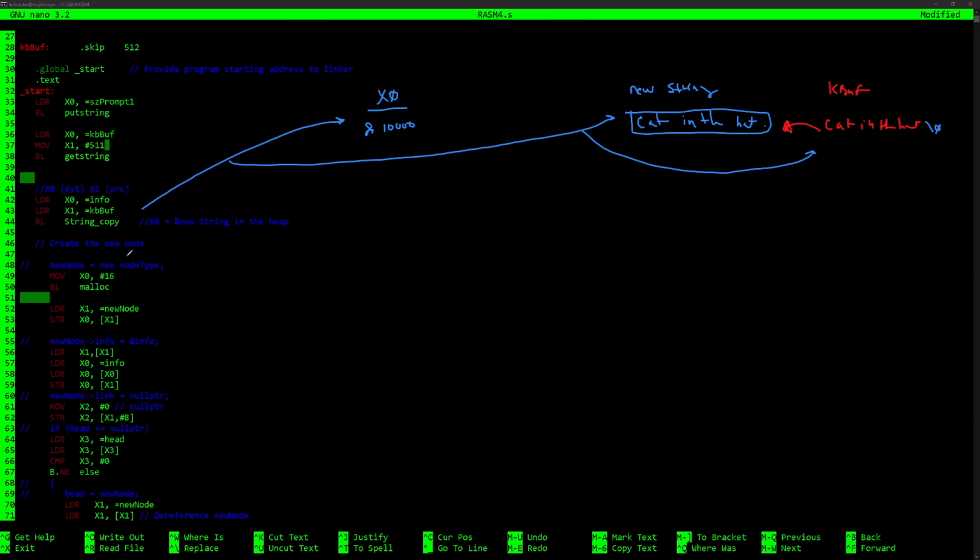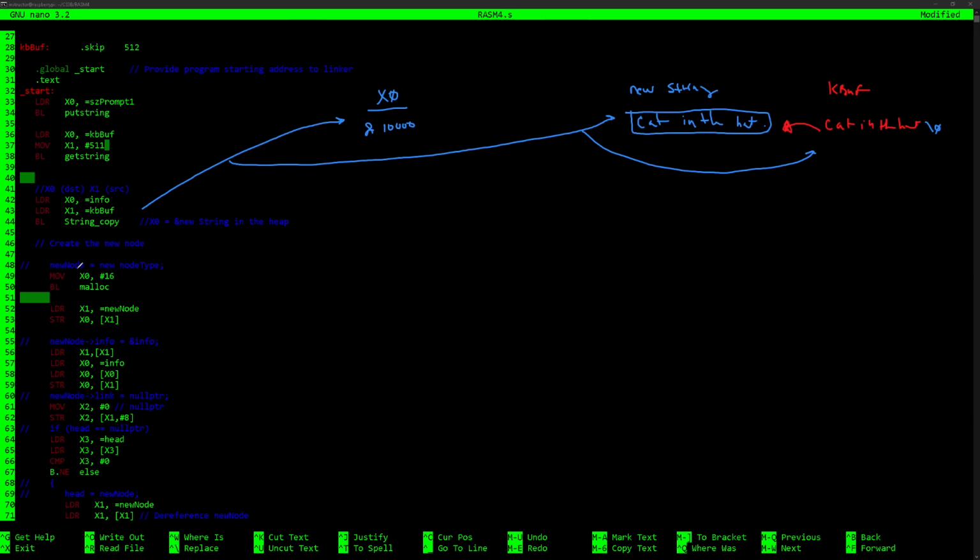Now I'm about to overwrite. Here I'm going to move into X0 the 16. This is a problem, because I don't want to lose